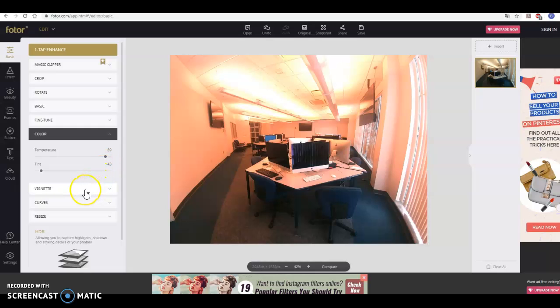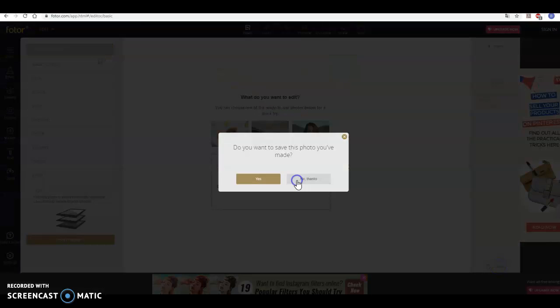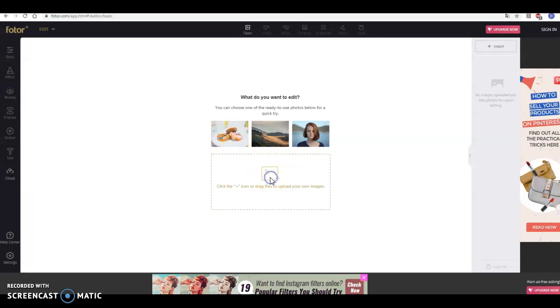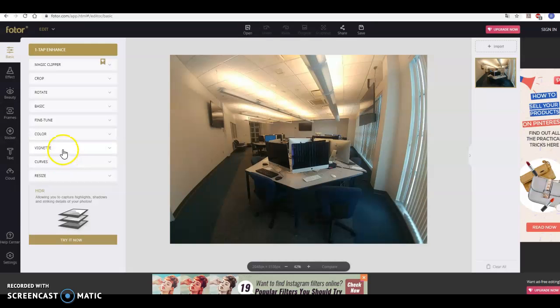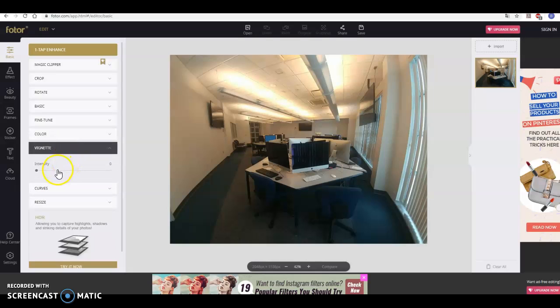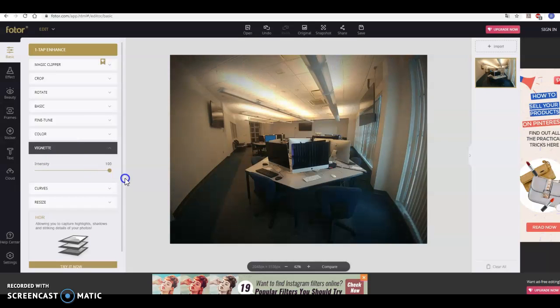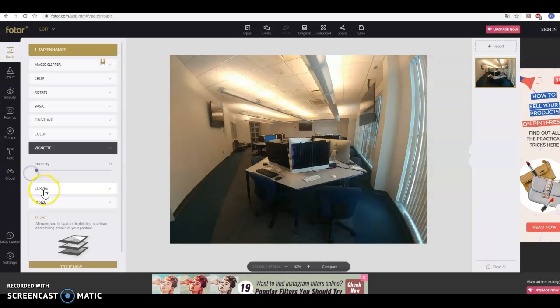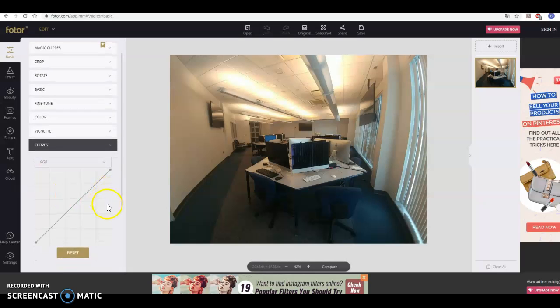We're not really worried about vignettes and curves, but those are some really cool things that you can do. Let me do a little bonus here. I'm going to clear this out. I'm going to bring my picture back. Now, you're not required to do vignettes and curves, but it kind of darkens the edges. And then with curves, you don't have to do all this stuff, but